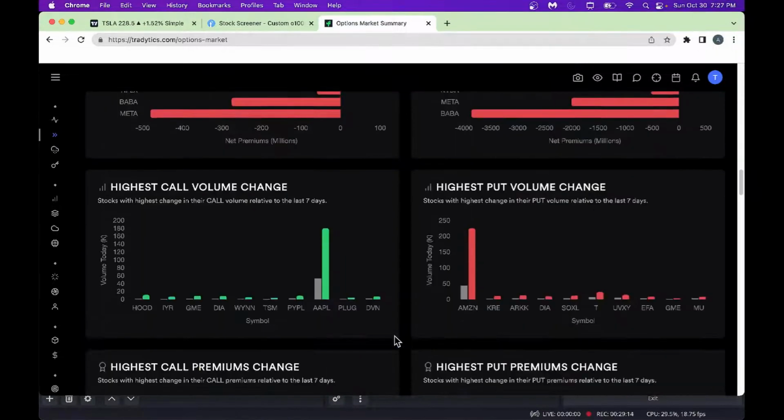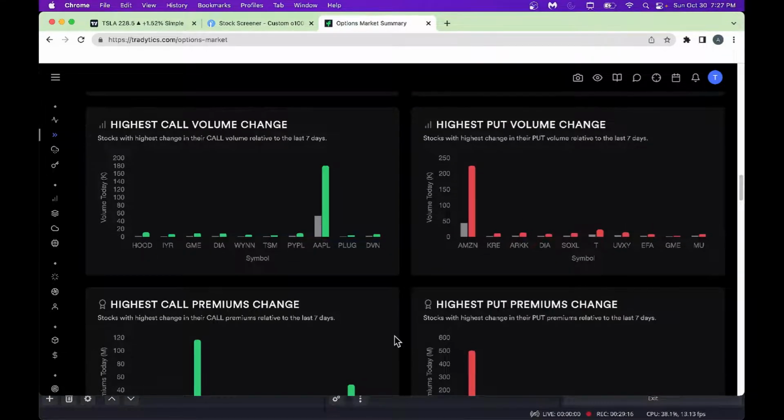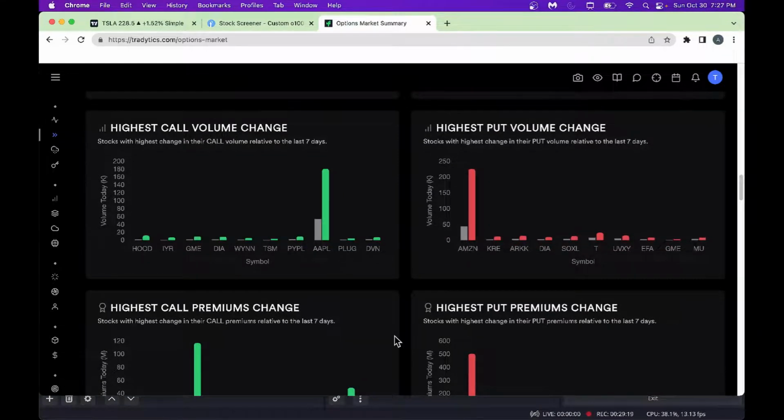All right, now let's go into a few more things here. Look, it also tells you the highest call volume change here, call volume change. Look, a lot of people are buying Apple. Nice call volume change, as you can see here. And we got here PayPal. PayPal is getting some positive press. That's why you see some positive changes here. So you can see the relative volume in last 5 days. Whenever you see a little bit higher bar here, that tells you it's an unusual volume. That's a good thing here.